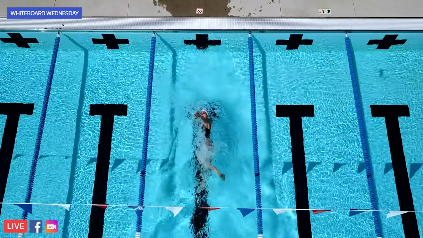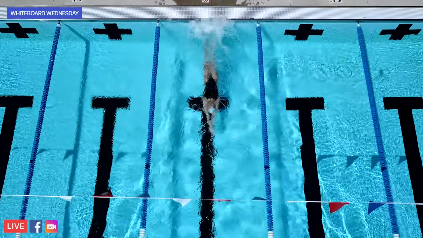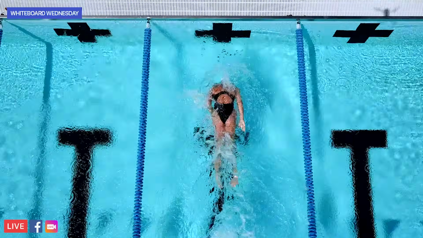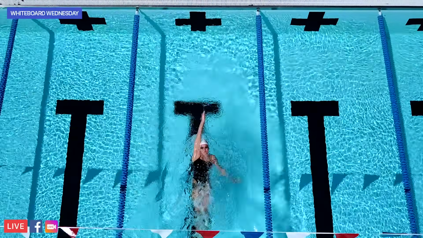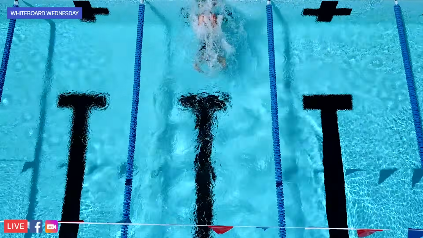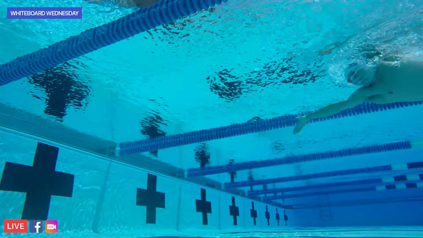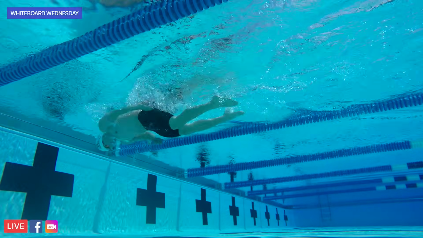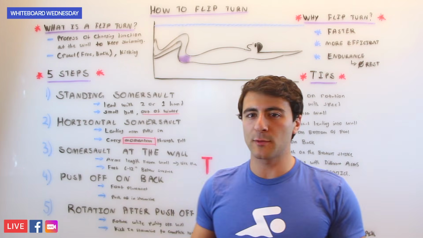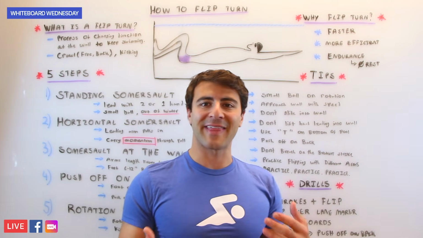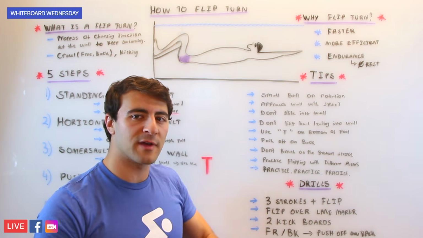Finally, you want to use the T on the bottom of the pool. So if you notice, on most pools, there's a black line with a T at the end. Now the T is about 5 feet or just under 2 meters away from the edge of the wall. So you actually don't even need to lift your head up. You can get comfortable looking at the T on the bottom of the pool, and the T will let you know that the wall is coming, and that's when you can initiate your final stroke and pull.